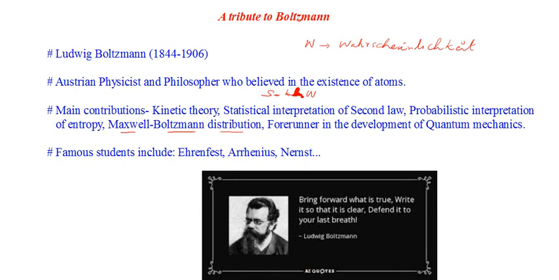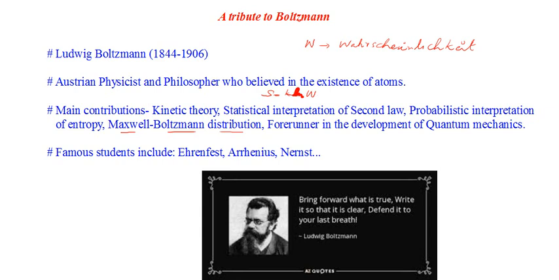The values were experimentally confirmed a couple of years after Boltzmann's death. Boltzmann didn't name the constant K as the Boltzmann constant. It was Max Planck who, understanding the relevance of the contribution by Boltzmann, later named K as Boltzmann's constant. So that's a very brief introduction to Boltzmann and his greatest contributions to the development of statistical mechanics or physics in general. Now we will see what statistical mechanics actually deals with